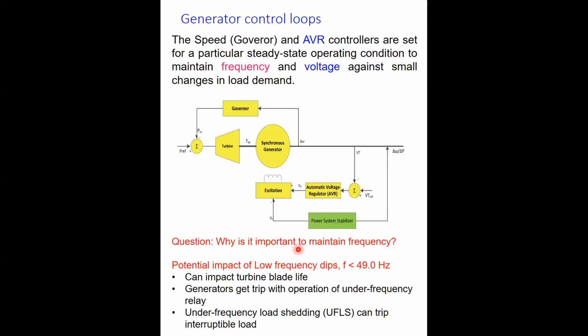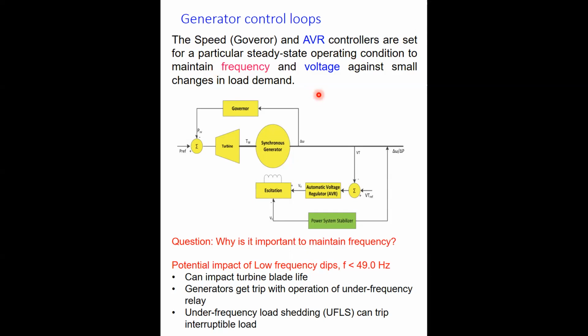Then the next one, we move here to this slide. So I have a little bit more about the generator control loop. Here we have the governor, which is for speed, and then the automatic voltage regulator for voltage control. Both the governor and the AVR are set for a particular operating condition so as to achieve frequency and voltage